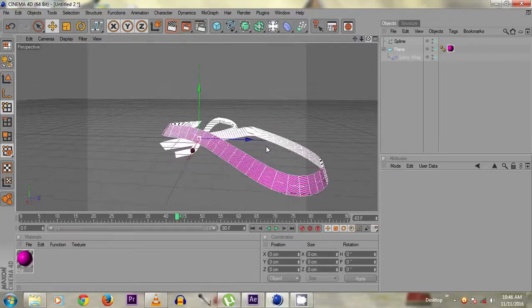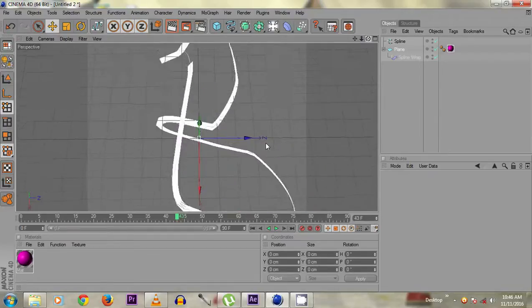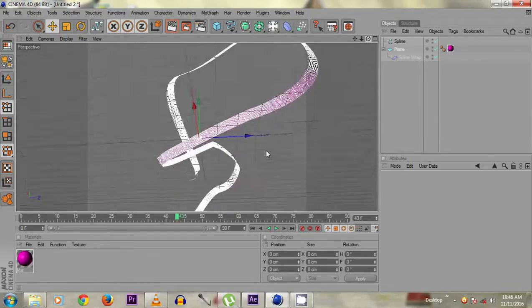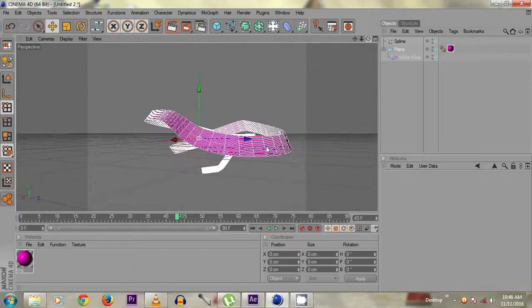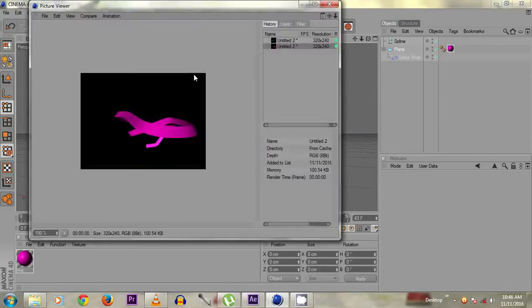It is a 3D program, so we can handle it in 3 dimensions. Now, good looking animation. That's it.